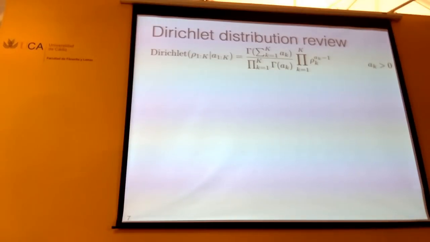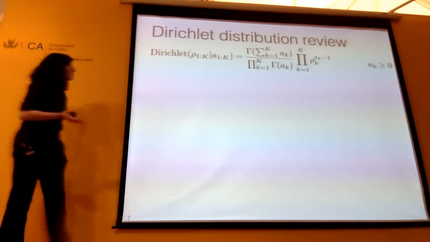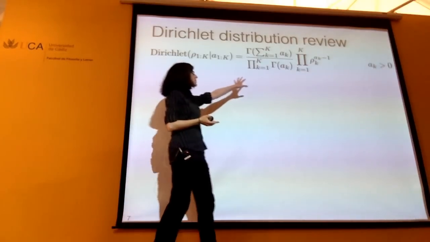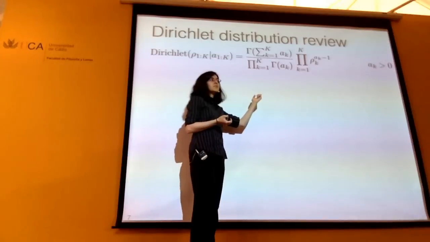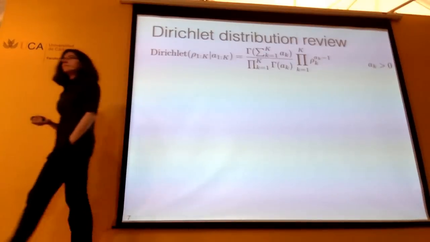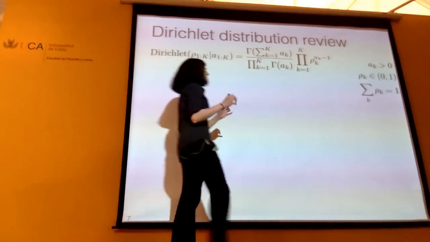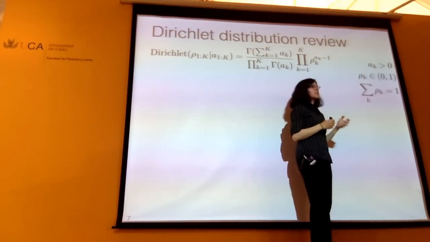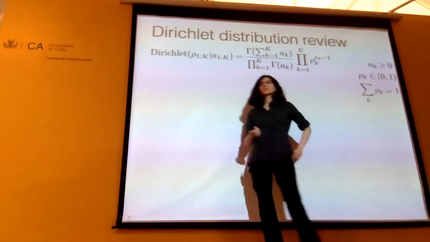Okay, so let's become Dirichlet distribution experts. Something that you want to convince yourself of with this Dirichlet distribution density is that it reduces to the beta distribution density when k is 2. Also, I'll just note that this density is over the space where the rhos are between 0 and 1, so they actually are probabilities or frequencies, and they sum to 1, so we would call that the simplex.